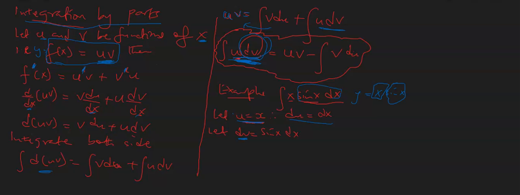dx, sin x dx. So when you have that, then to get v, we need to integrate the left-hand side, and of course integrate the right-hand side. If you integrate dv, you get v, and if you integrate sin x with respect to x, you get negative cos x, of course, plus the constant of integration, because this one is an indefinite integral, and therefore